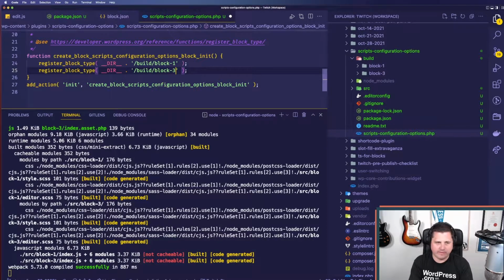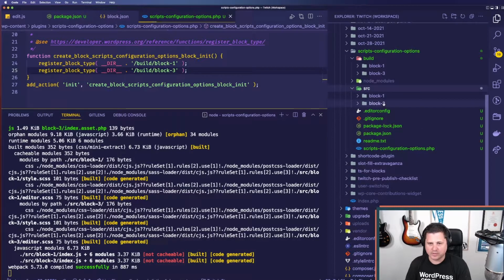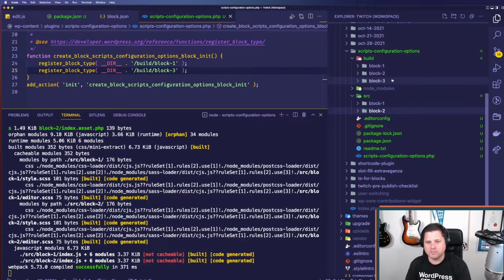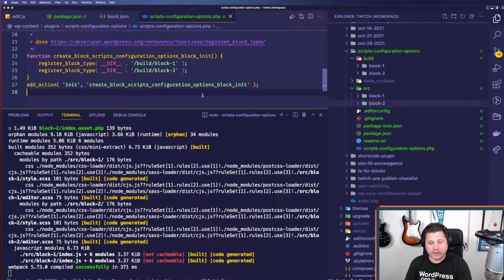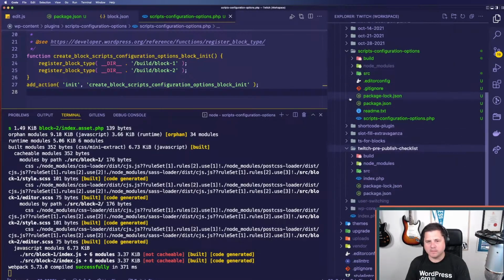So in this case, I called it block 3, but it should actually be block 2. Maybe I'll just update that. That should build it out. Build it like this, right? So that works great. Now, let's say we wanted to rename the source directory, because maybe we're in a project